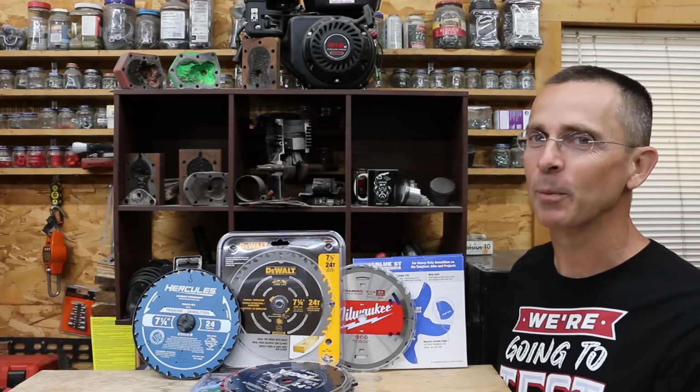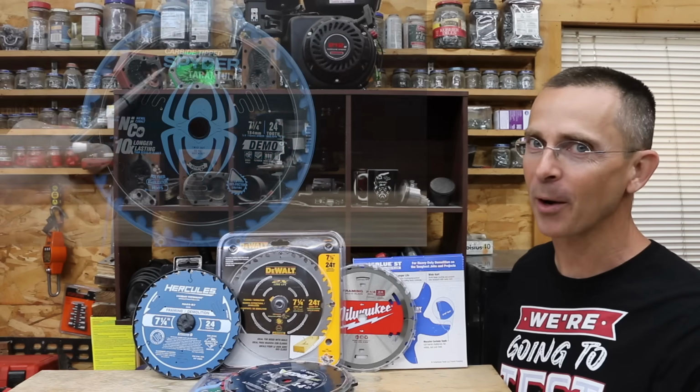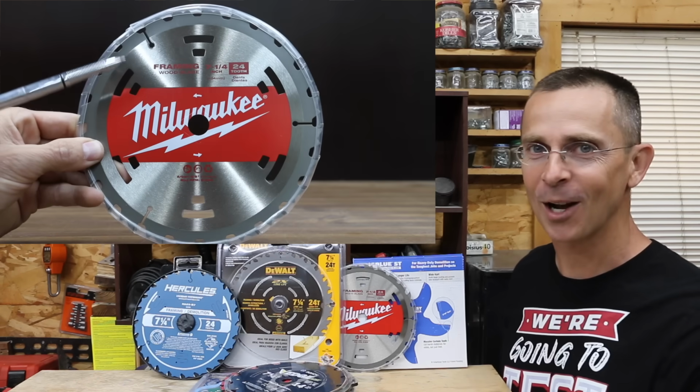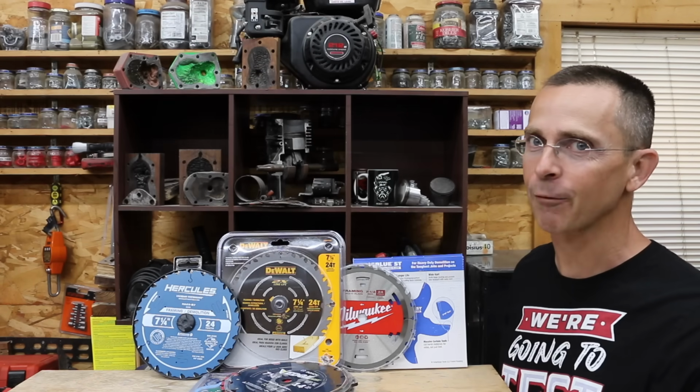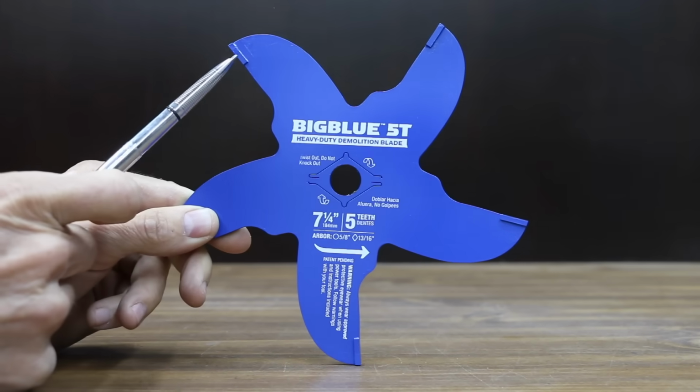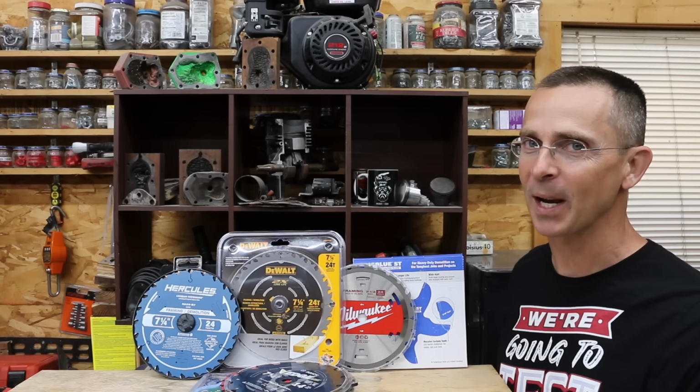Is a blade that's designed for both framing and demolition any better than a framing blade? After all, a framing blade is a lot less expensive compared to these demolition and framing blades. We got a bunch of different brands to test today, so let's get the testing underway and see which brand